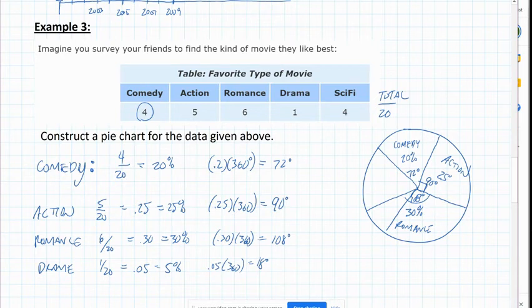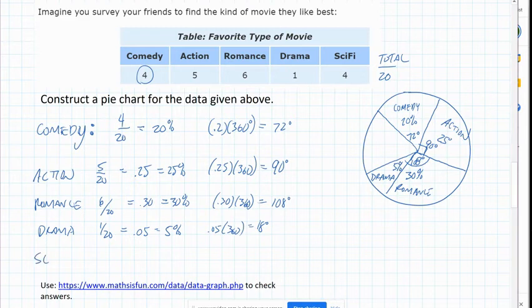So this is 18 degrees, and that represents 5%, and that is drama. And then the last one is sci-fi, and that is 5 out of 20, which is 20%. And then 0.2 times 360 is 72. And so this is a 72-degree angle that represents 20%, and that is